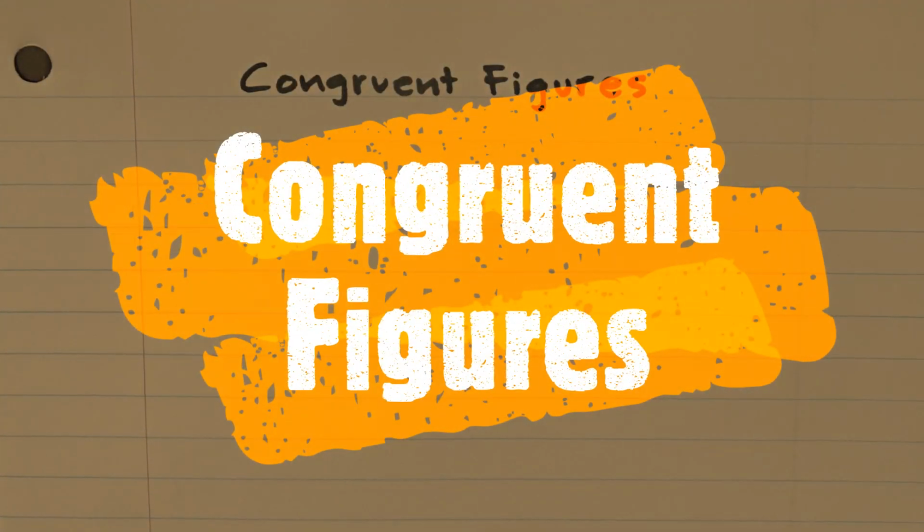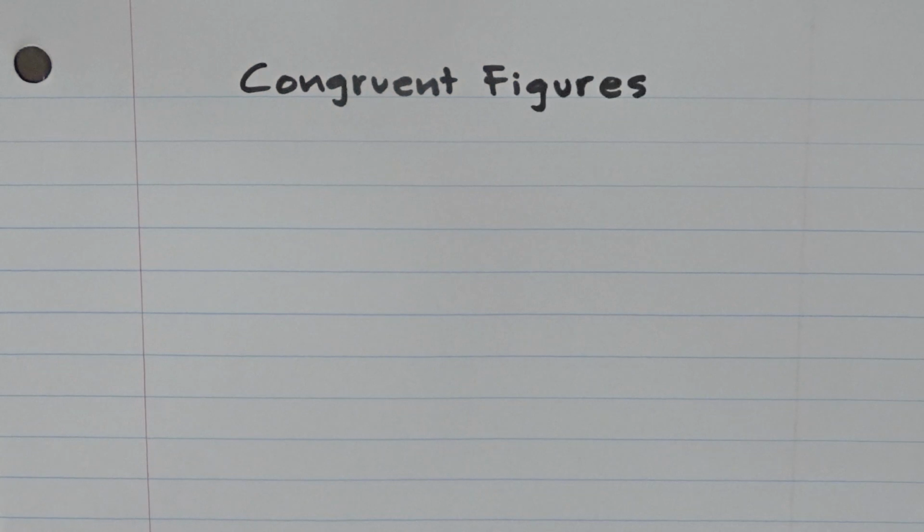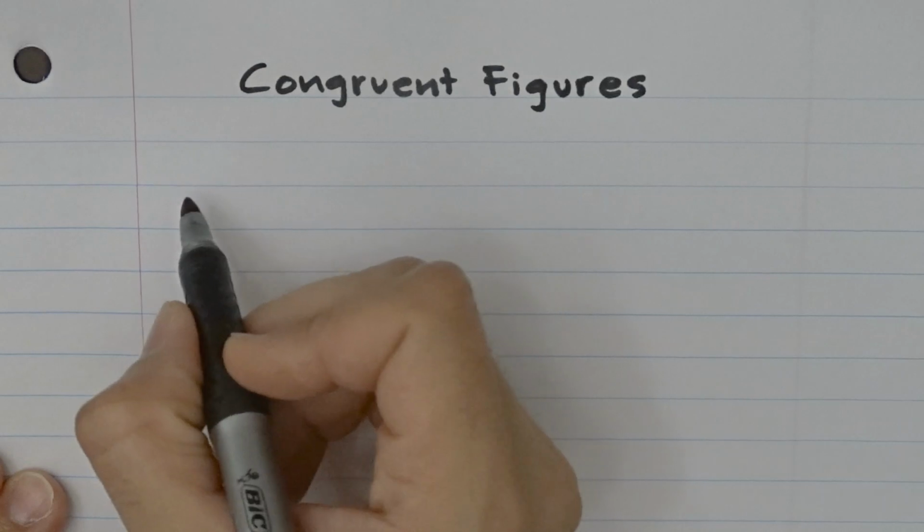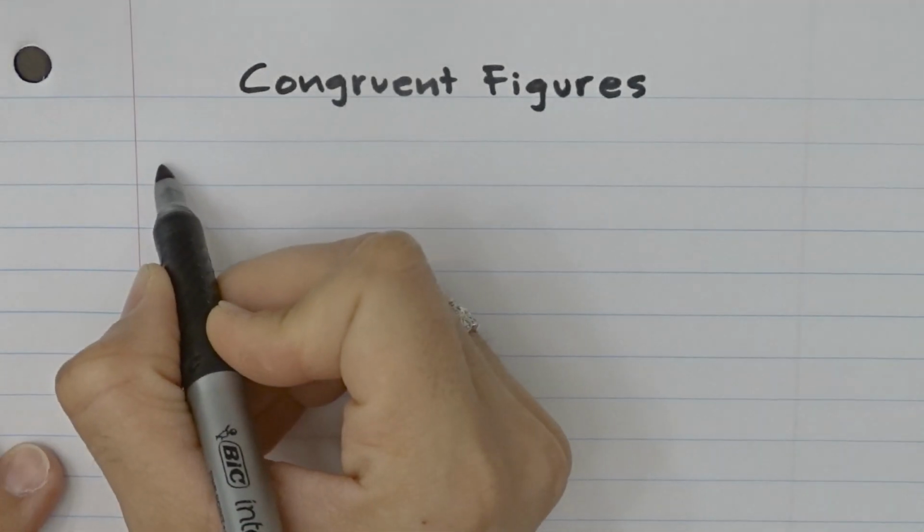All right, so congruent figures. The word congruent, you want to think of it similar to the word equals, but we cannot say that two figures or two shapes are equal because we use the word equal when we're talking more about values and numbers and variables. So when you're talking about figures and shapes, we use the word congruent. It doesn't make sense to say that two shapes are equal because shapes don't have value. So instead we're going to say that congruent